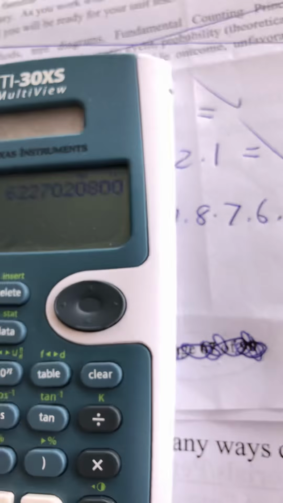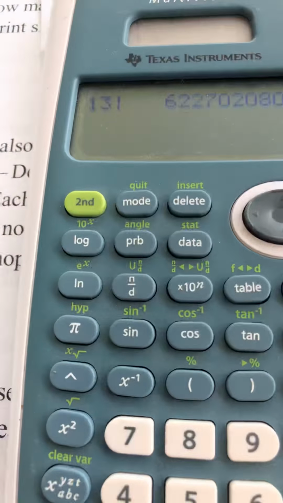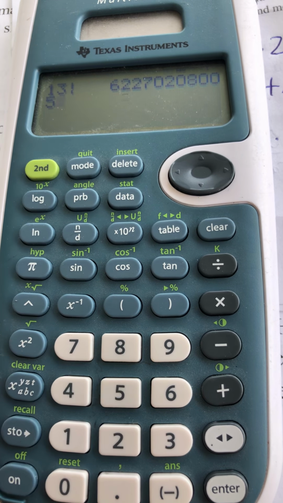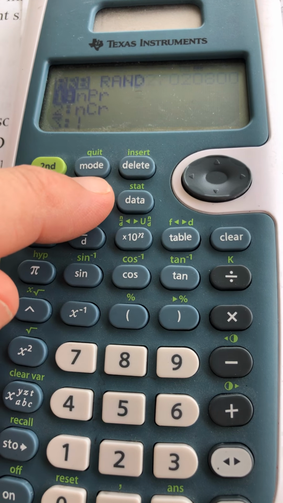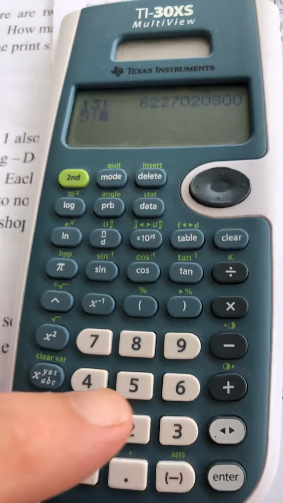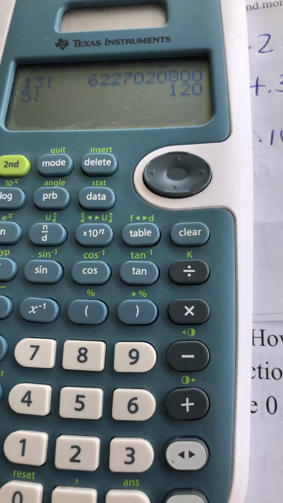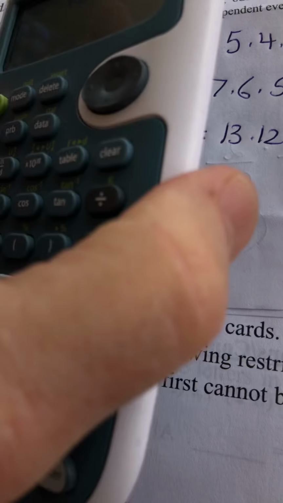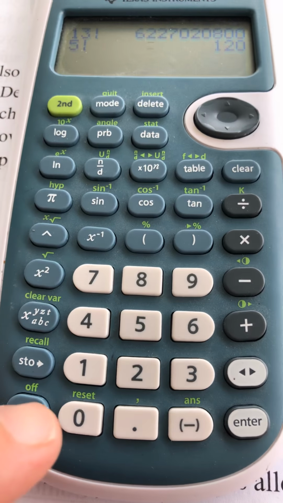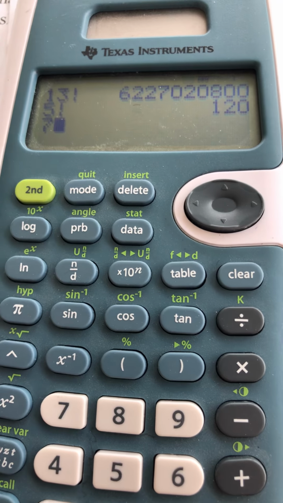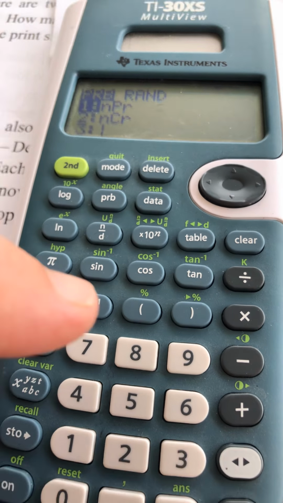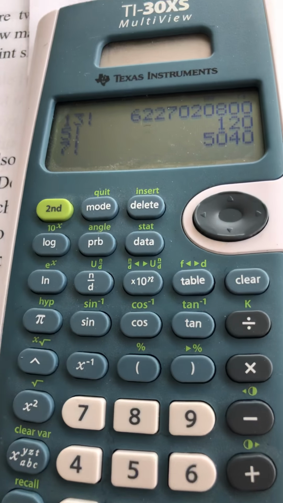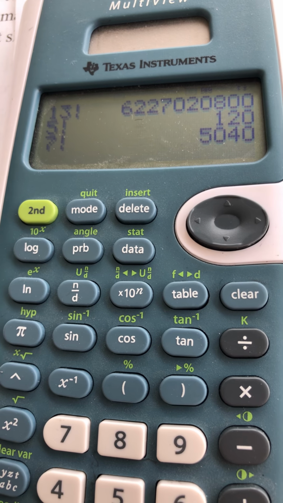Now, if I wanted to do the earlier ones, like let's say 5 factorial, remember how we start? Let me show you again. You start with the 5, then you go to the probability key, you pick option 3, which is factorial, and then you hit your enter key. So 5 factorial would be 120. If I wanted to do 7 factorial, you start with the 7, you go to the probability key, you pick option 3 because that's the factorial, the exclamation point, and then you hit enter. So 7 factorial would be